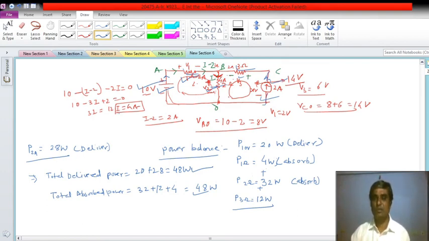So what should I do? I will do something so that I get the solution quickly, or find the values of the currents and voltages as quickly as possible. So there are methods. One very well known method is nodal analysis, and next is mesh analysis. So in the next class we will see that. Now we stop. Thank you very much.